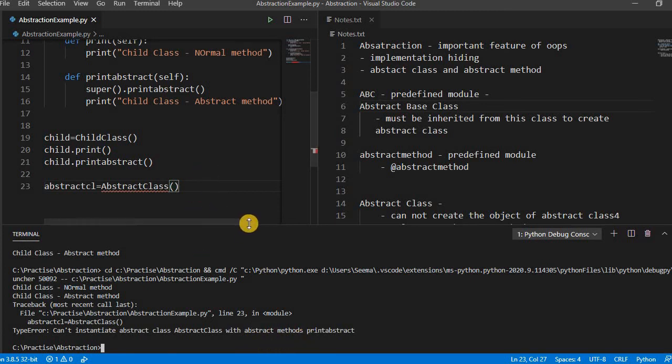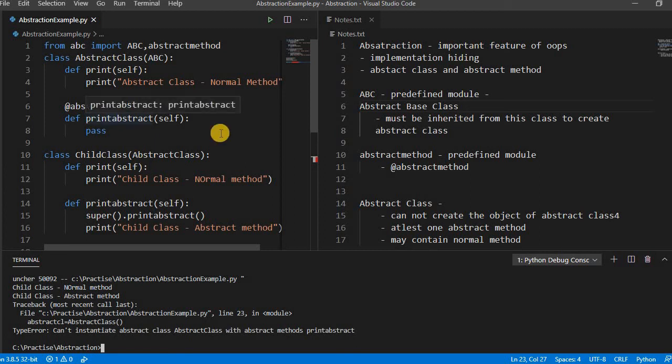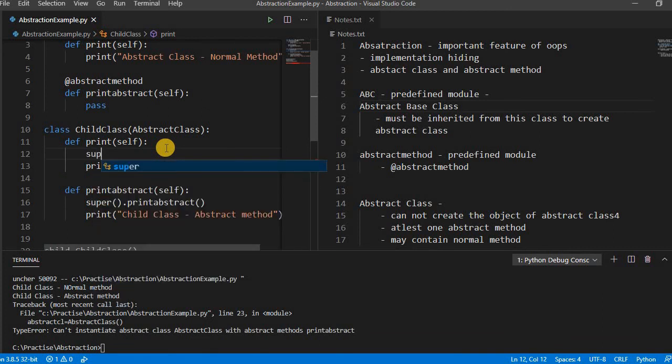So see, it's a very simple way to handle abstraction in Python. Key points: we have to import ABC and abstractmethod. An abstract class must have at least one abstract method. It may contain normal methods also. We can call the normal methods here. There is no problem.